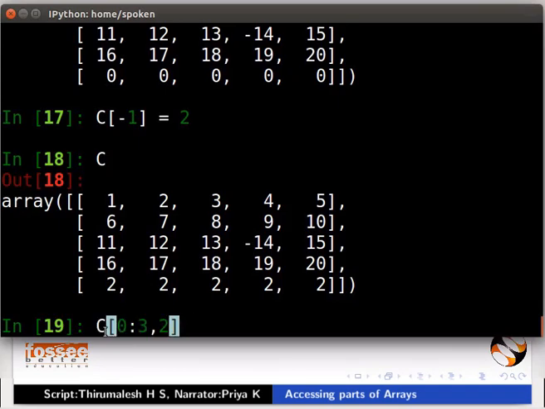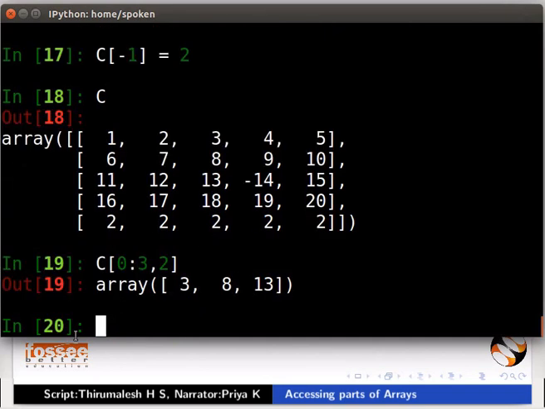Type C[0:3,2]. 0 and 3 correspond to start and stop values for row slicing and 2 corresponds to column index. We get the elements of rows indexed from 0 to 2 and column indexed by 2.